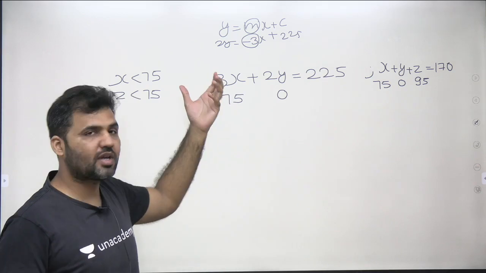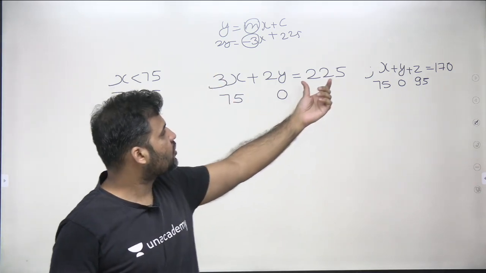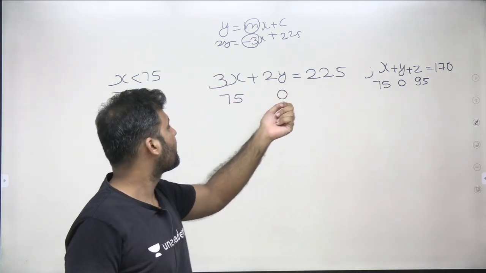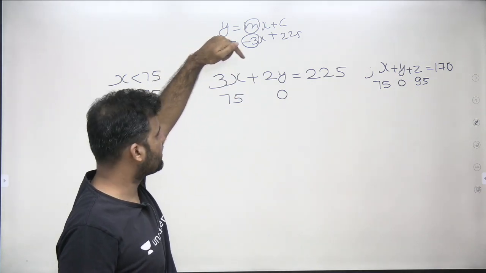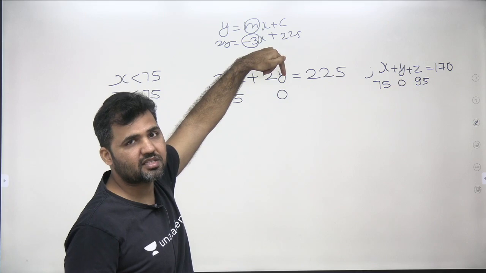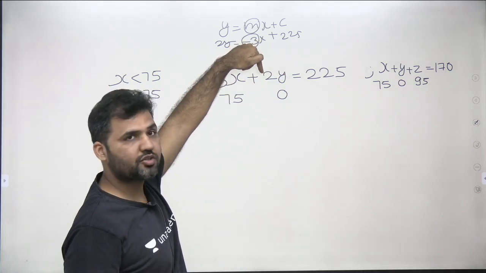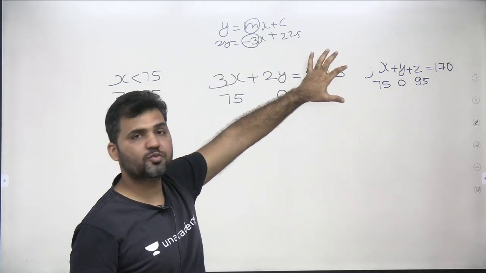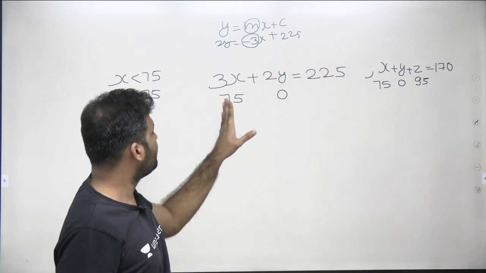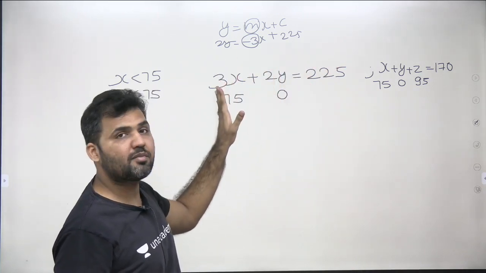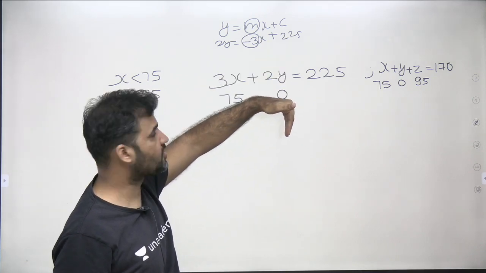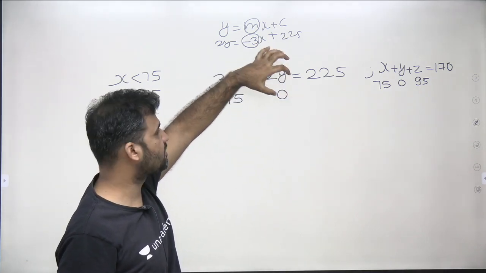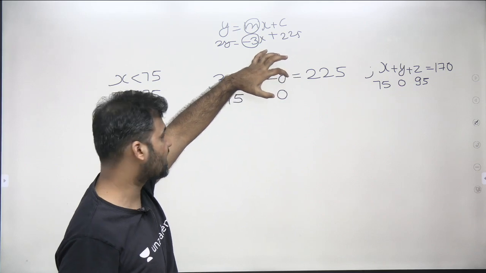That's a decreasing line. Or you can simply think like this also, that you have 225 rupees in your pocket and you are purchasing apples which are costing you 3 rupees, and you're purchasing y, that means let's say bananas, and that is costing you 2 rupees. And the money that you're supposed to spend is 225. If you spend more money on apples, you will have to spend less money on bananas, because less money will be available to spend on bananas, so you will have fewer bananas, right?